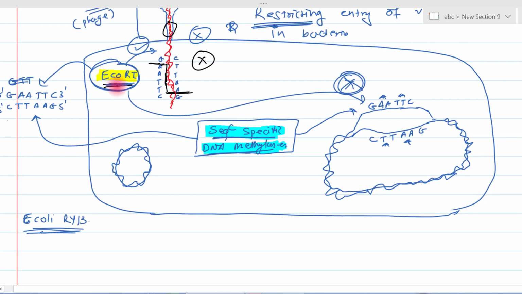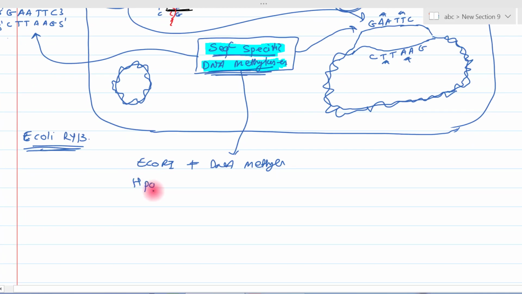So I think with this, the natural function of restriction endonuclease in its natural host, that is bacteria, is clear. But here we understood one very interesting thing: for a particular restriction endonuclease, a particular DNA methylase must be present in its natural host. So for example here EcoR1 must be present with its own DNA methylase. Suppose you take another example, Haemophilus parainfluenzae. In Haemophilus parainfluenzae we have HpaI. This is a restriction endonuclease enzyme. So this restriction endonuclease must be accompanied by its own DNA methylase.